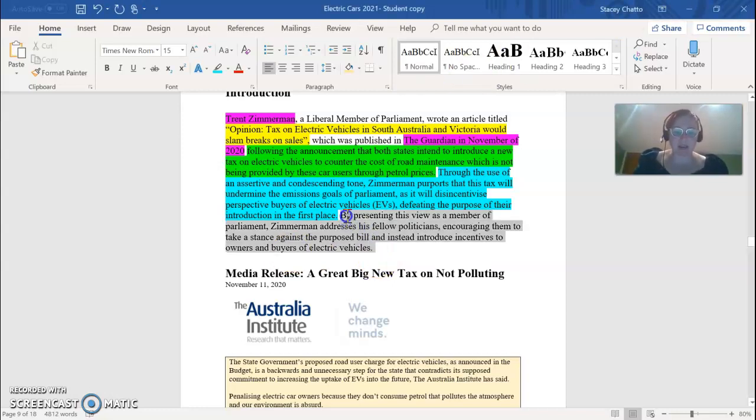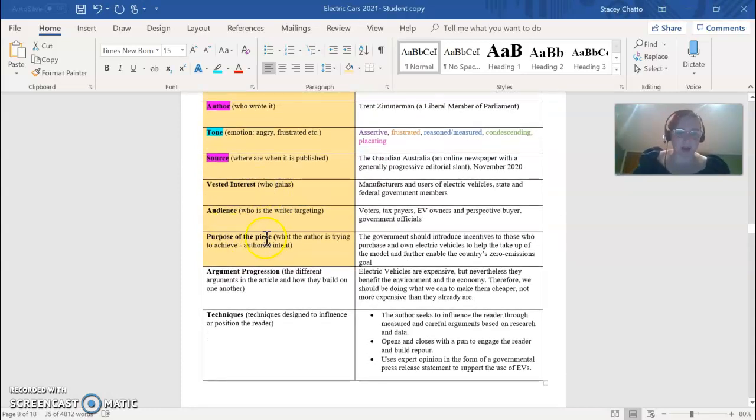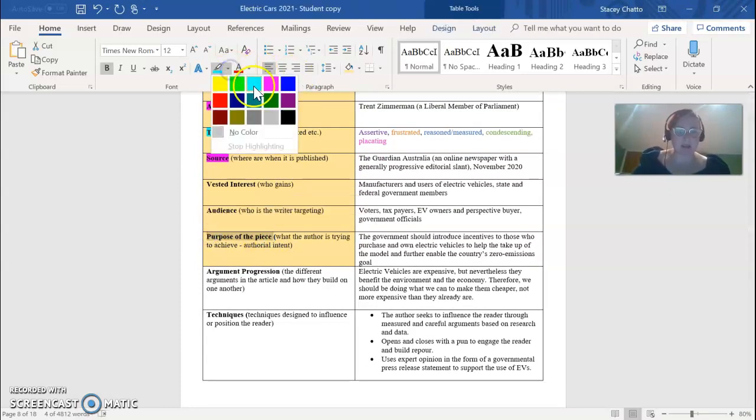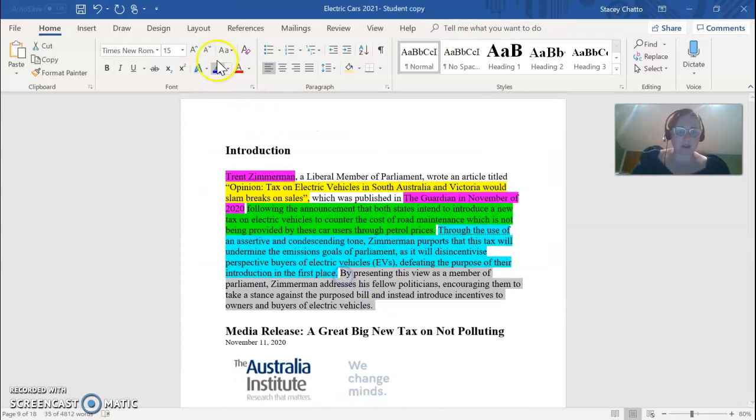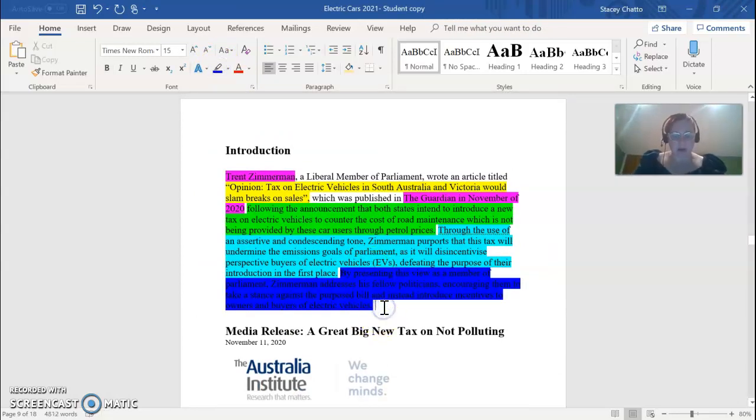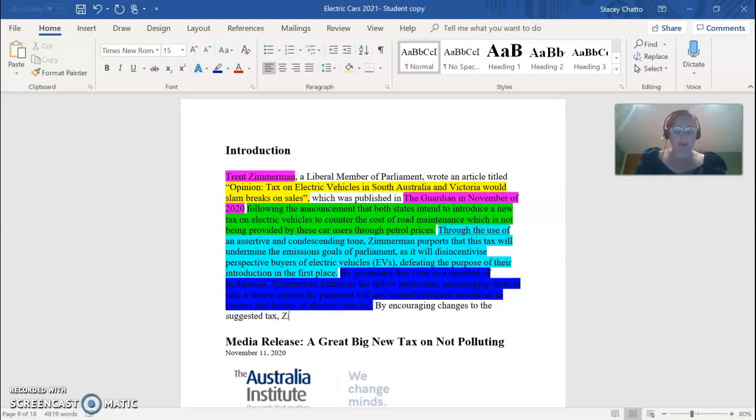Alright, so that's the intention. We've got our intention of the piece here. We'll make that blue. It sort of addresses who he's talking to here as well. So this is a bit of that, addressing who you're talking to, and then you can finalize with who this is going to impact. These proposed changes to the tax, let's change that. By encouraging change to the suggested tax, Zimmerman